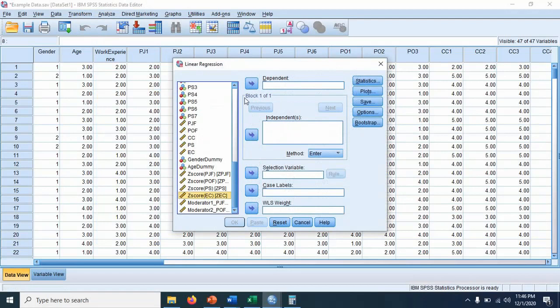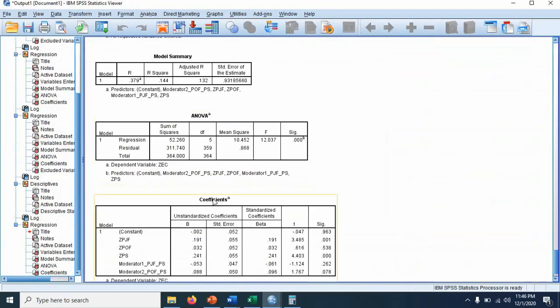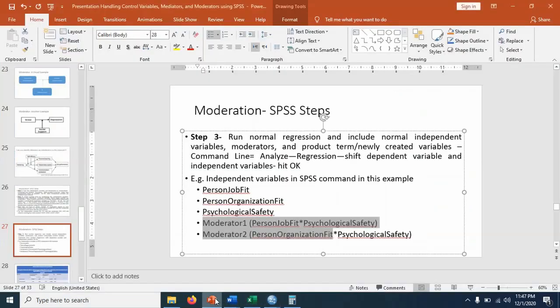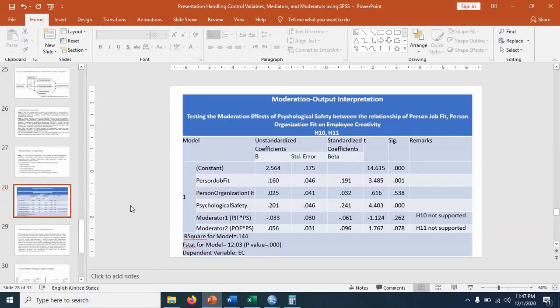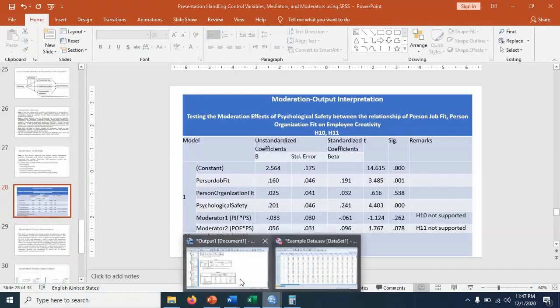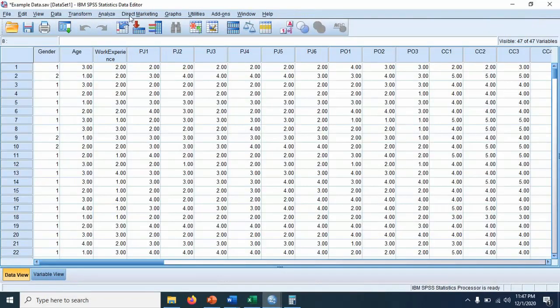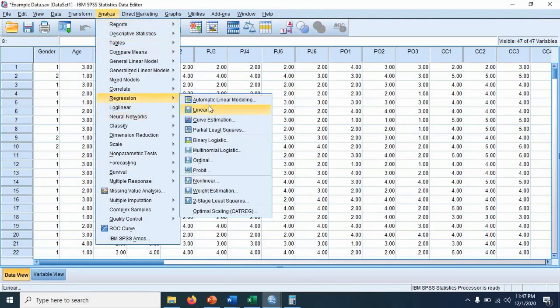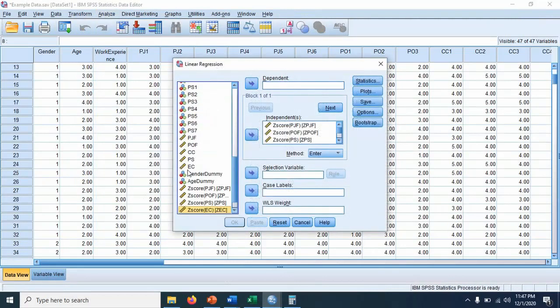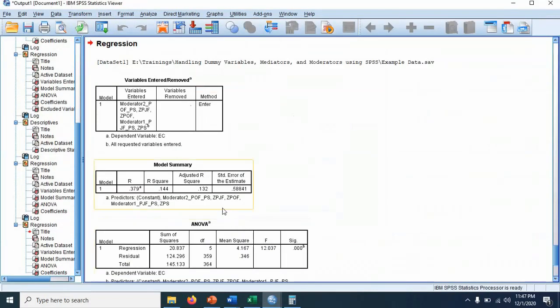You shift the dependent variable, but the standardized form, in its location, the dependent variable box. And the rest of all of these will be in the independent variable box. Just hit OK. Okay, some difference in values, but let me show you again. Linear, dependent variable, we will use the normal one, not the standardized form.